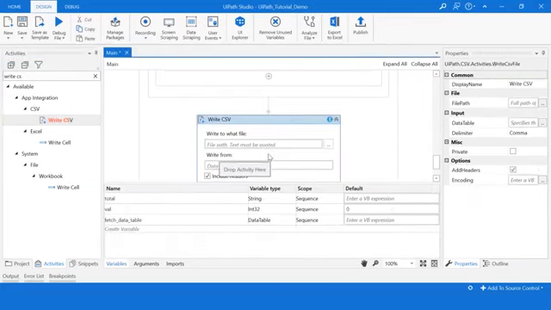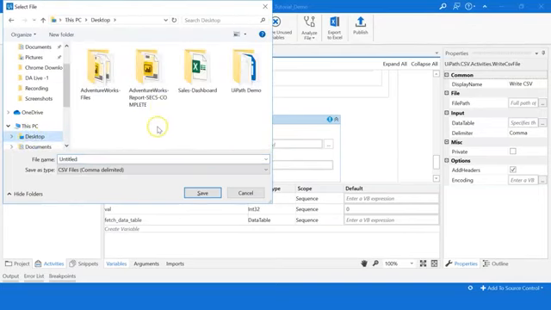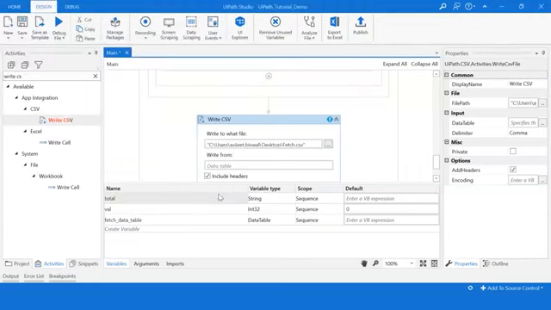Now you need to give the location where you want to place this file on your system and give the source from where it will take the information. I'll place it on my desktop itself. I'll name this as fetch, save it, and for the source I'll give fetch underscore data underscore table.